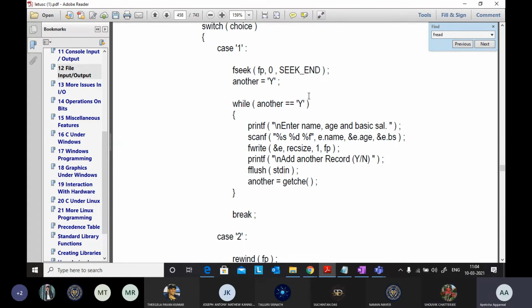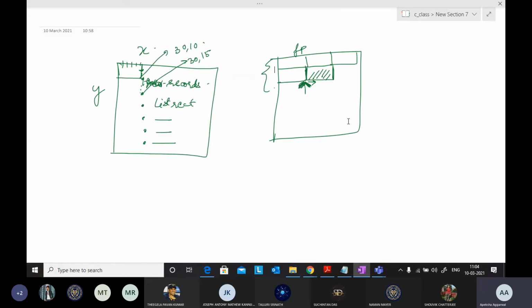So printf, scanf will take the user input, and fwrite will write that user input in the file pointer over here. It will write whatever the user has entered, xyz, 20 and 1000, in this position.